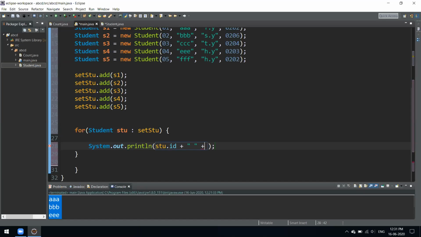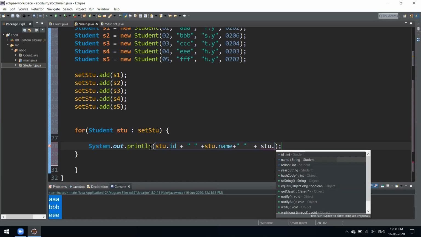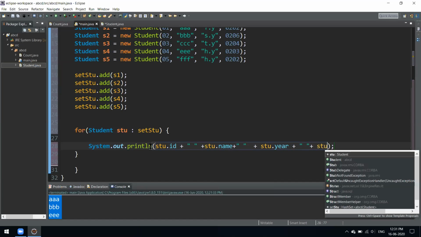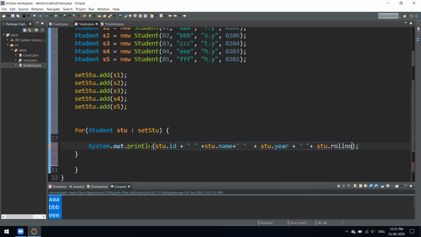That's why we need spaces. stu dot name, dot year, stu dot, which one is left? We left the roll number. Okay, so yeah, now we also have our print statement.